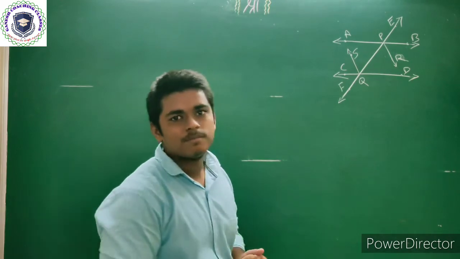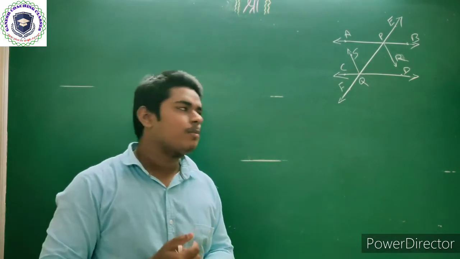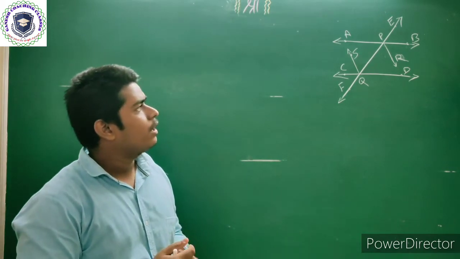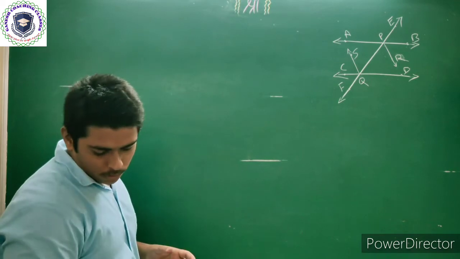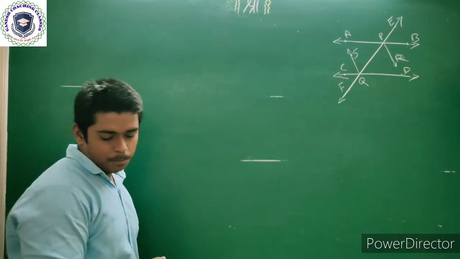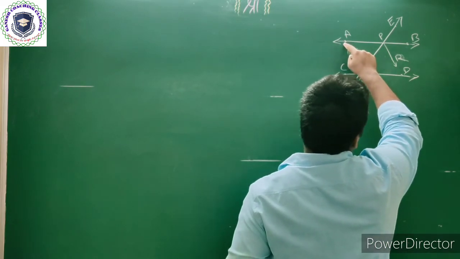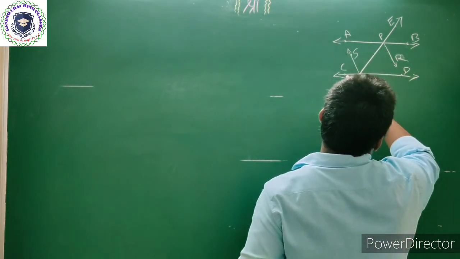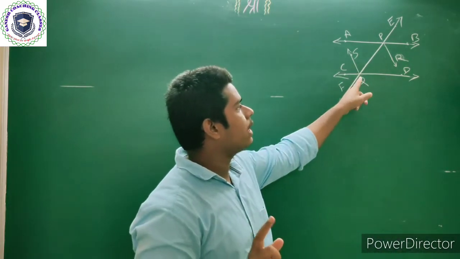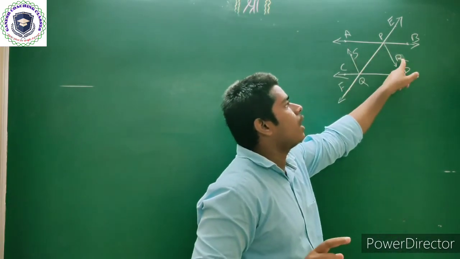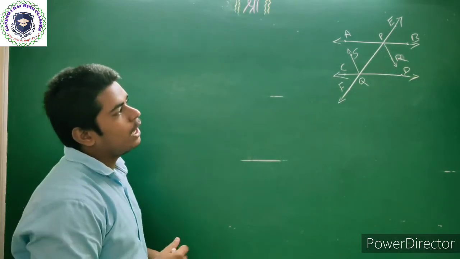It is the same as question number 5, but a little bit different, though most of it is the same. We have to prove that line AB is parallel to line CD. And we are given one pair of parallel lines, that is QS and PR. Also, QS and PR are angle bisectors.